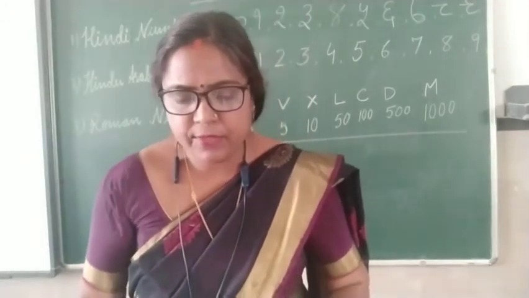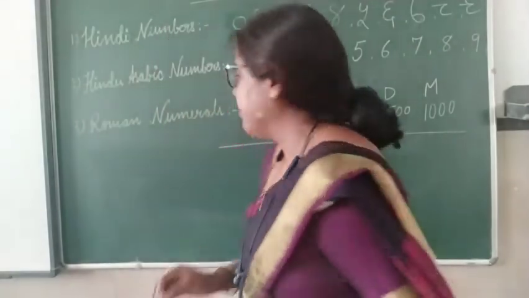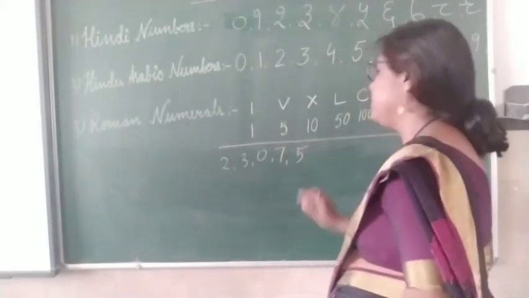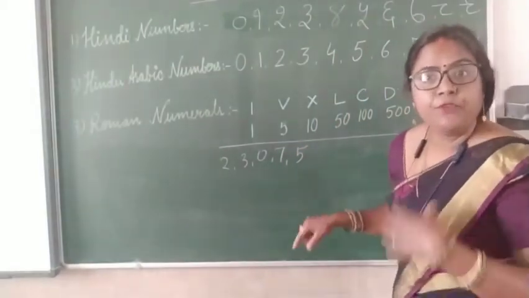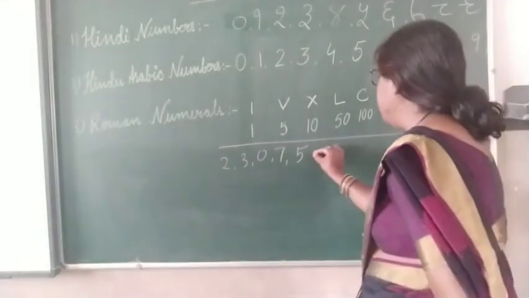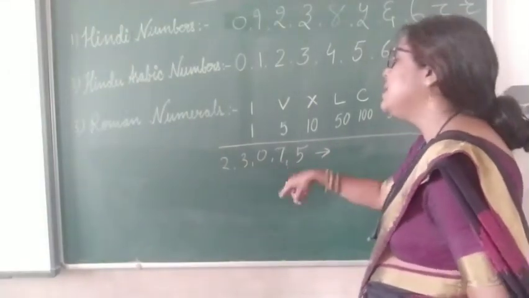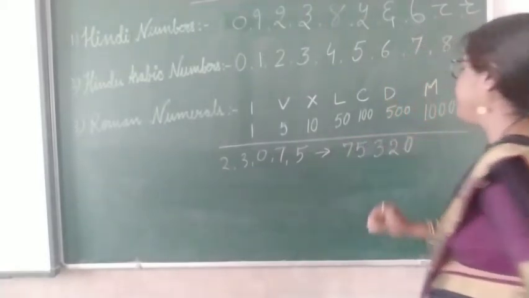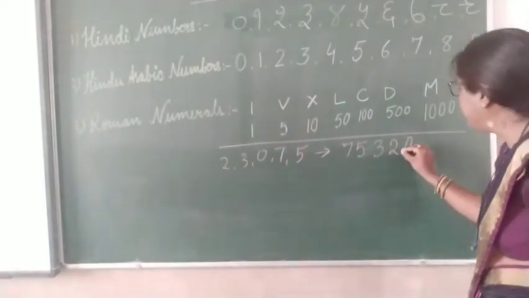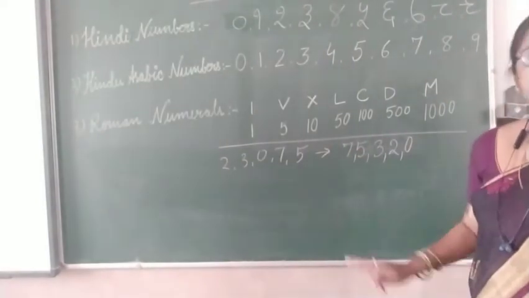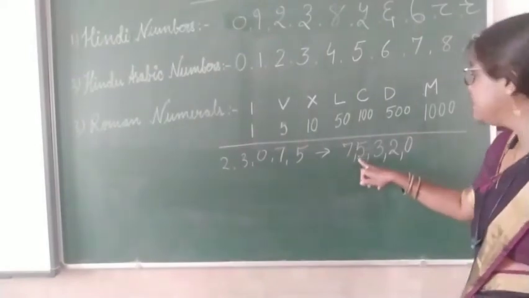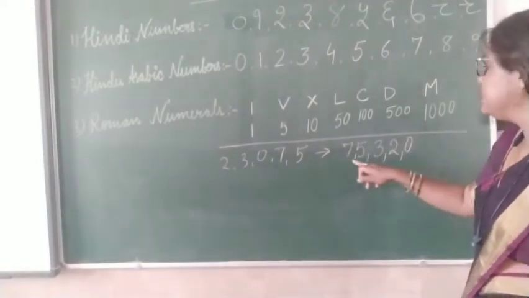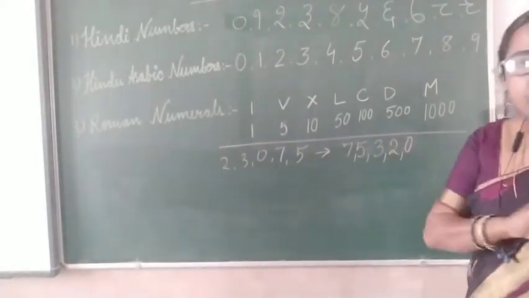Shall I give you an example of framing a number? I am taking again 2, 3, 0, 7, 5. See, these are the digits. I have to frame the greatest and smallest number. To frame the greatest number, we have to follow the descending order. So 7, 5, 3, 2, 0. Now what children do is put a comma after every digit. This is not a number, dear. It is individual digits. You have separated the digits. The number is 75320; that is it.